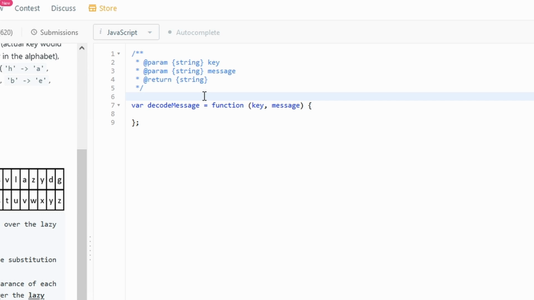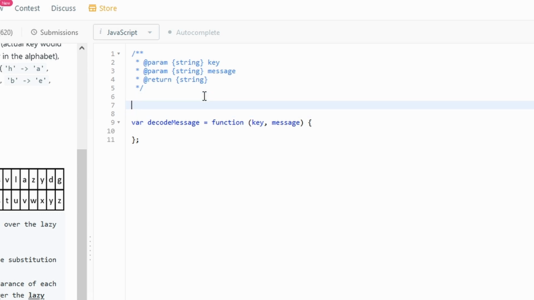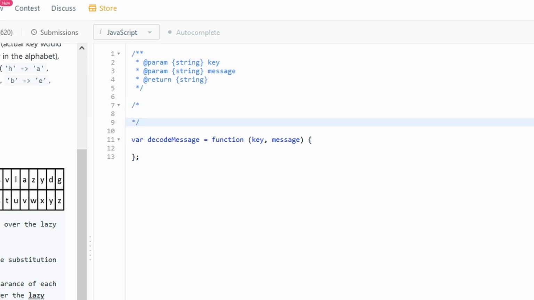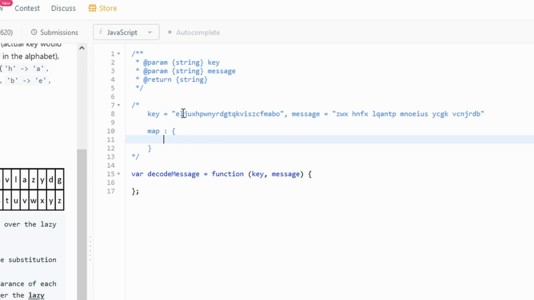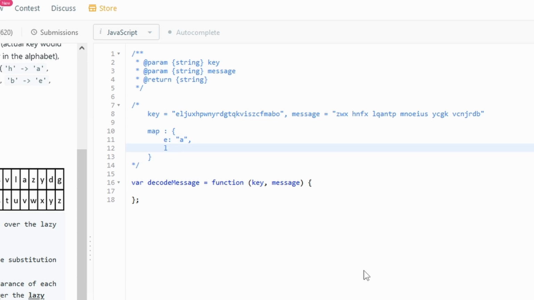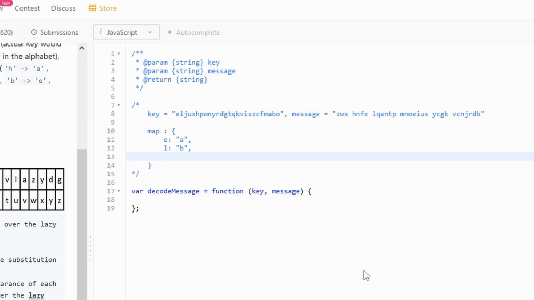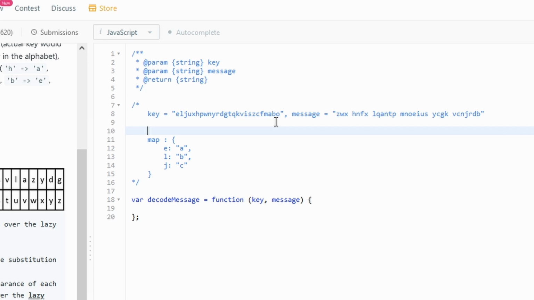So what we're going to end up doing is this. Alright, let me make some space here. So if I take this, let me copy over. Alright, so we're going to end up having a map, and this map is going to contain all of these. So whenever we hit this E, we're going to create a key for E, and then that's going to map to A, and now we're at L, and that's going to map to B, and then J will map to C, and so on and so forth. So this is going to be our cipher key